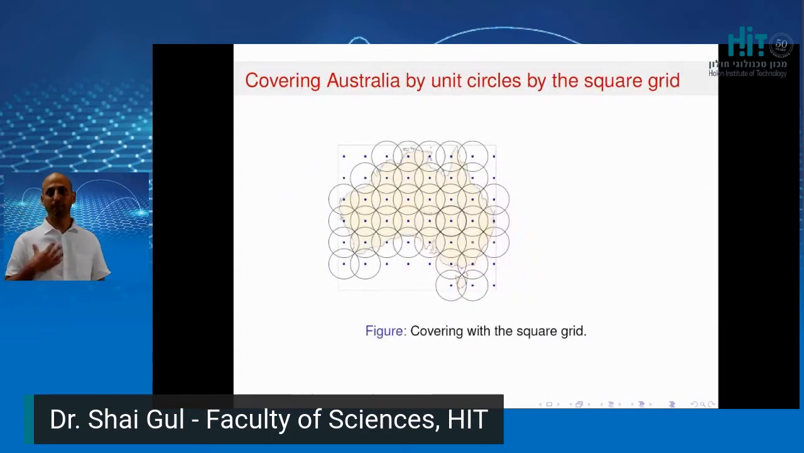This is, for example, a square grid. Like every point, you can see its neighbors together. They fulfill a grid, and there are different options to do it. So if you want to cover Australia with cellular antennas, one of the possibilities is to take a square grid and just say that this is a cover, and in every point in Australia, you can see that